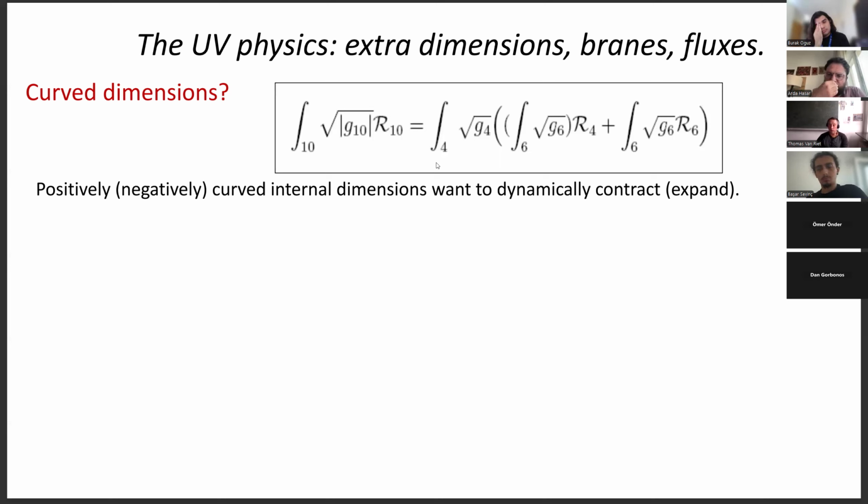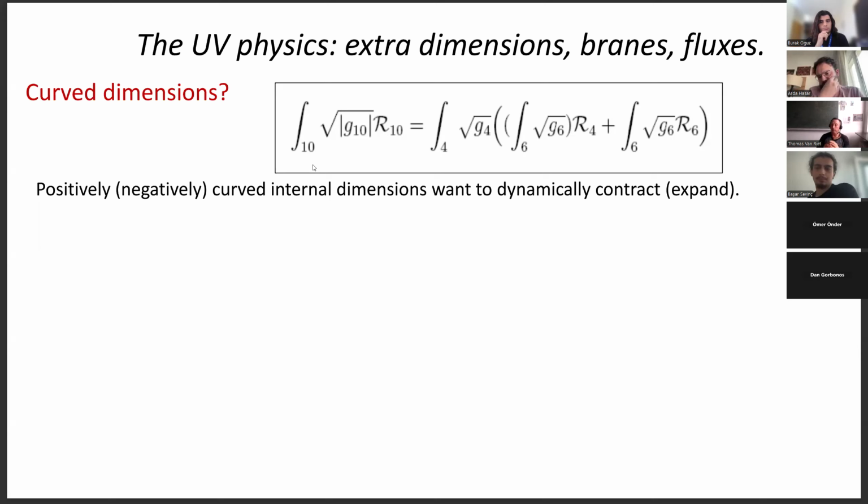So what does this mean intuitively? If you have a positively curved internal dimension, what does it energetically want to do? It wants to lower energy. Well, it contributes negative energy, so it wants to contribute even more negative. How can that happen? So imagine I have a sphere as extra dimensions. If that sphere collapses to 0 size, then the curvature blows up to infinity, so it starts contributing minus infinity. So that just means that if I have a sphere in gravity, a sphere wants to collapse under its own weight. I think that's sort of an intuitive picture we can all use.